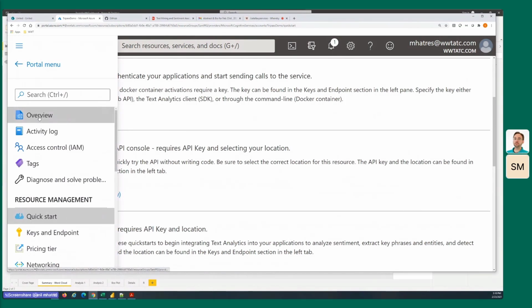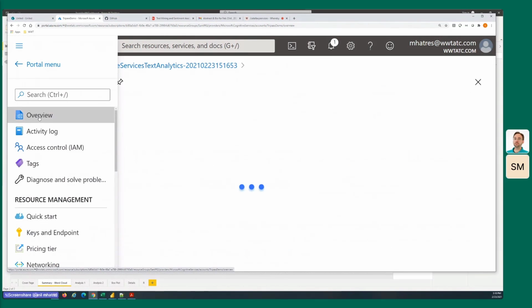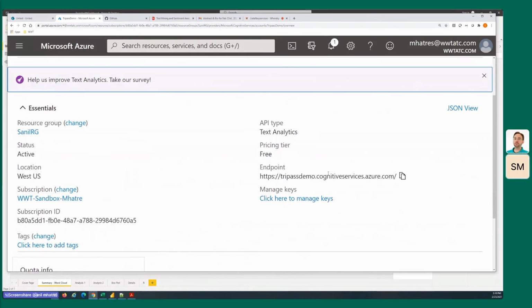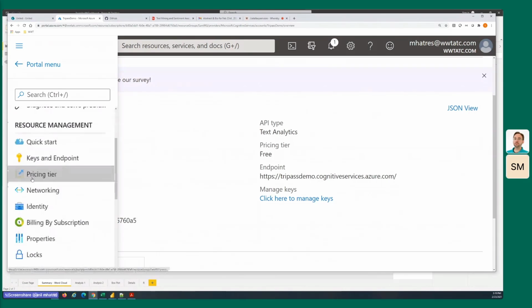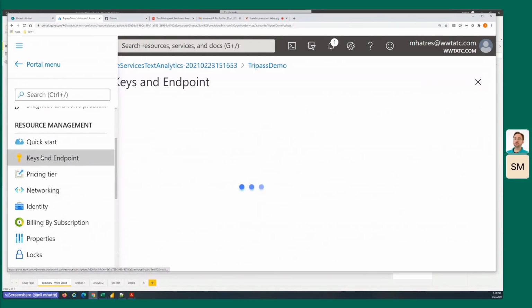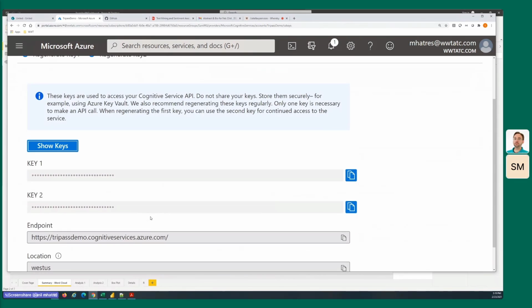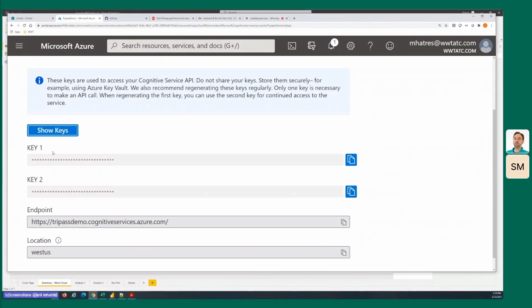If you go into the overview section, you will see your API endpoint, and you want to save that for using in your Power BI functions. The second thing to save is in the keys and endpoints section. If you hit the show keys button, it's going to show you those keys in clear text.